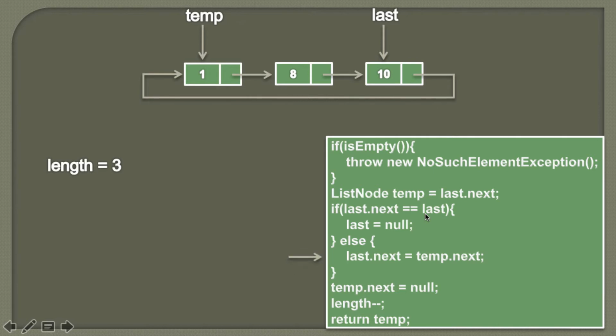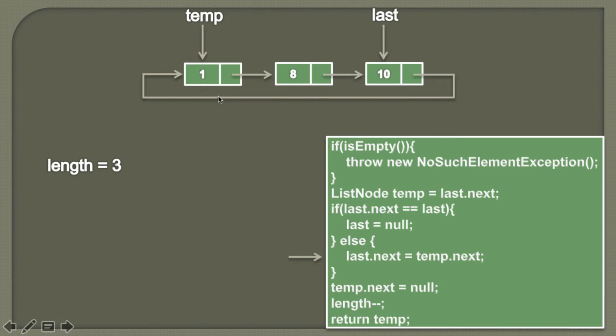So in the else part, the first step we do is we assign the value of temp.next to last.next. Now friends, as we want to remove this first node, we need to do two things. First we need to break this link which is being referred by last.next to the first node. So in order to remove this link, we are simply assigning the value of temp.next to last.next.